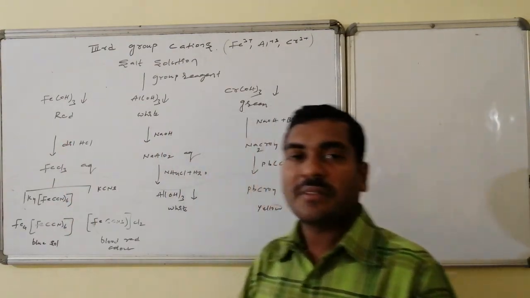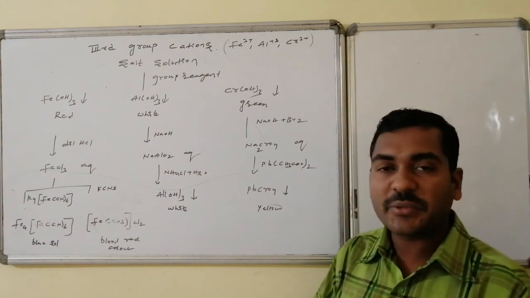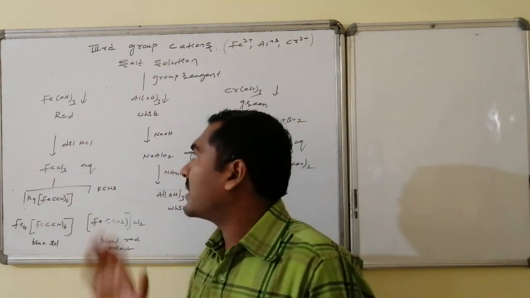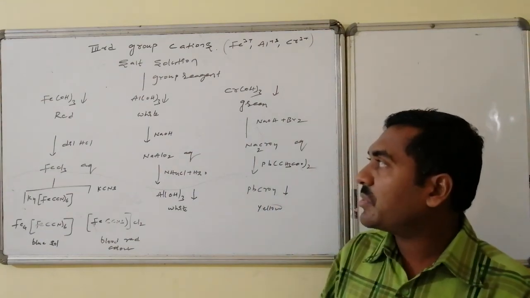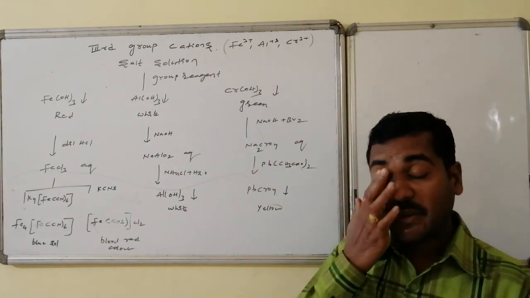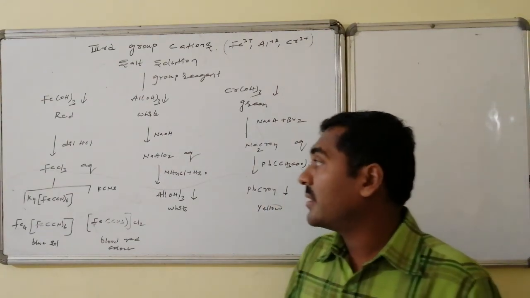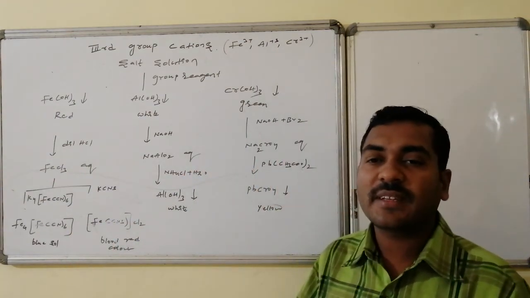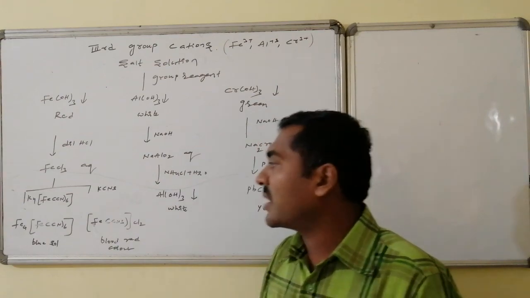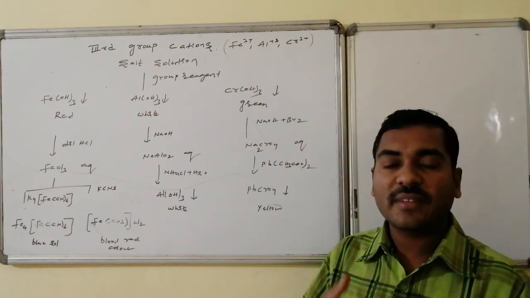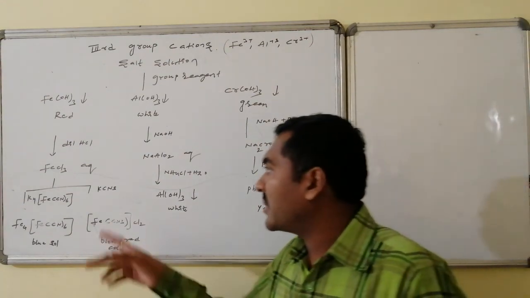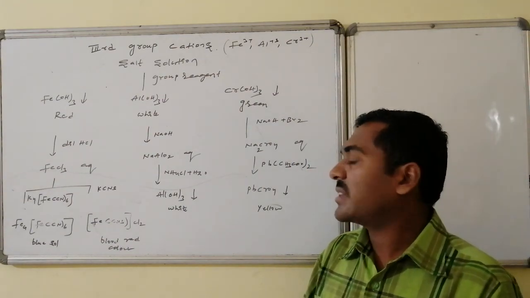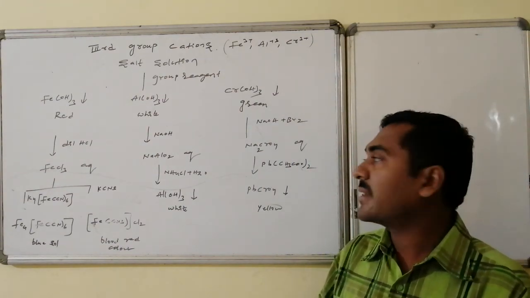Ferric hydroxide gives a red precipitate, aluminium hydroxide gives a white precipitate, chromium hydroxide gives a green precipitate. The red precipitate of ferric hydroxide, otherwise brown precipitate, on reaction with dilute HCl forms ferric chloride. Ferric chloride aqueous solution on reaction with K4[Fe(CN)6] forms a blue color solution, that is, Fe4[Fe(CN)6]3 formation takes place. Similarly, on reaction with potassium thiocyanate it gives a blood red colored complex.